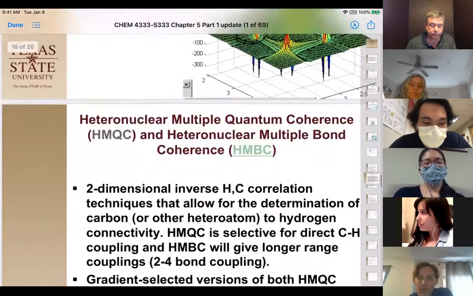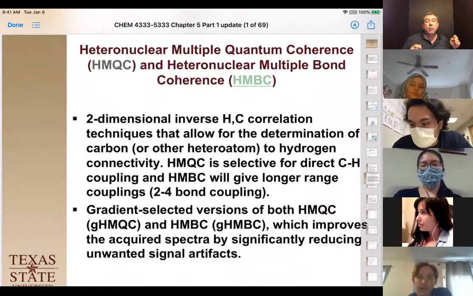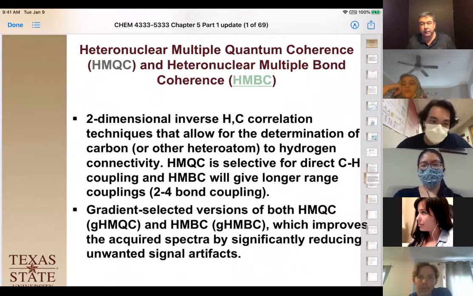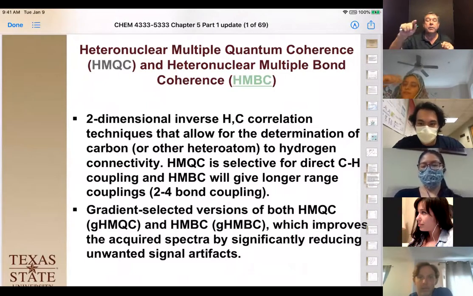Okay. So within HSQC, we have 2 different things. We have what we call quantum coherence and multiple bond coherence. So in quantum coherence, we are looking at just a direct hydrogen to carbon correlation, okay? So that means that if you have a carbon NMR and a proton NMR, this proton shift in the NMR works with exactly this carbon and nothing else. So we end up with a 1-to-1